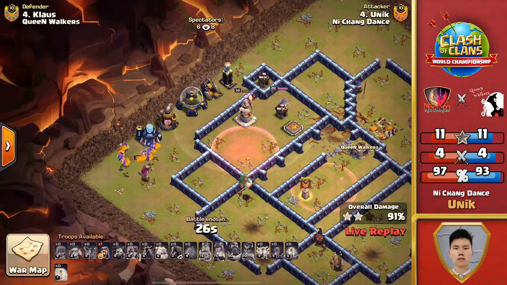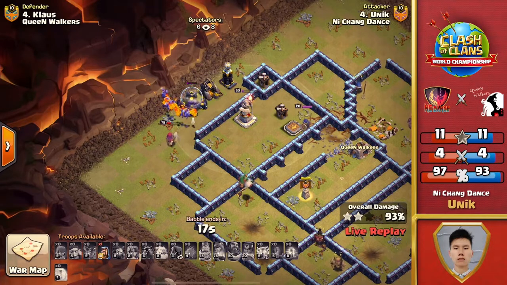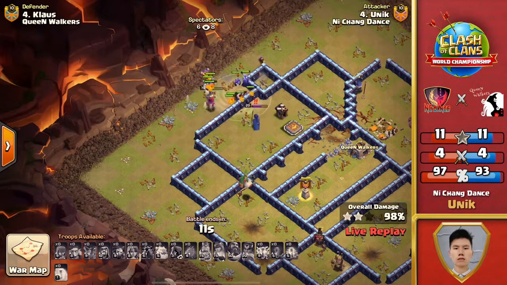He does have a lot of tanking out front, no splash ships. Not necessarily tanking, but if those minions and pups can stay in front of the Queen, he can still finish this one off with the 3 stars. He works towards the last portion of this base. The Queen's working here. The storage is going down. The lava pups and the minions are going to tank just enough for the Queen, and Unik's going to put